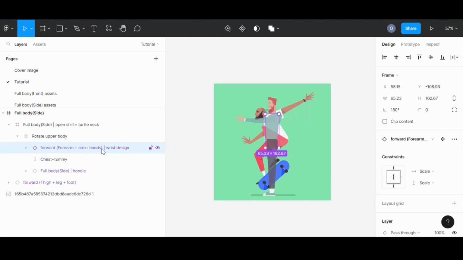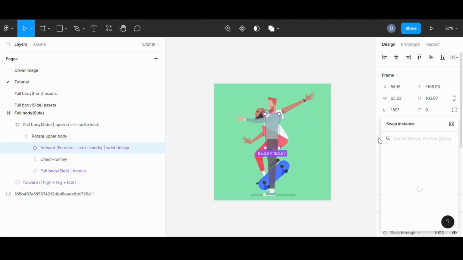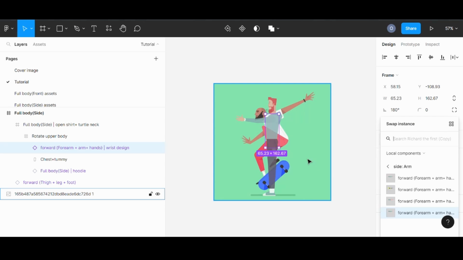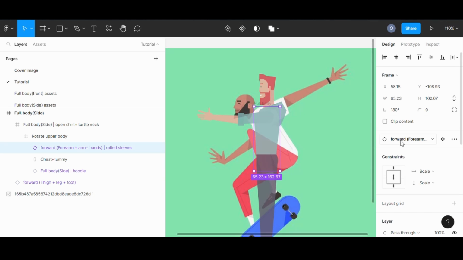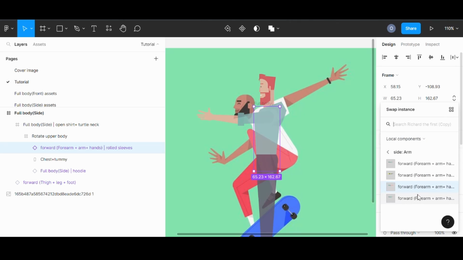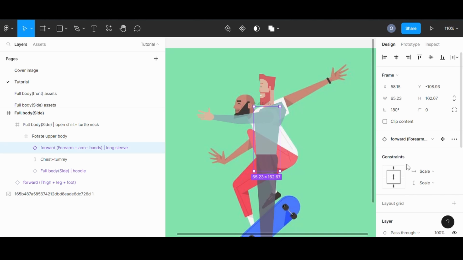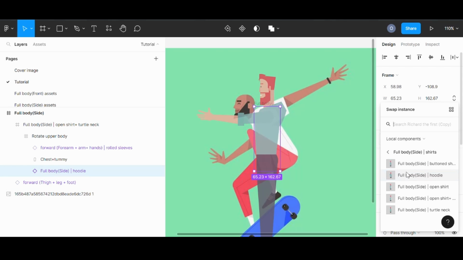So right now, before you begin to make any pose, you have to choose what clothing you want your character to wear. So for the arm, there are like 3 different options for you to choose from. You just need to come to this part right here where my mouse is. So just choose the particular one you want. Then once you are done with that, I'm going to choose this one, and then I'm going to come here, that's to the hoodie. I'm going to change that to, say, maybe